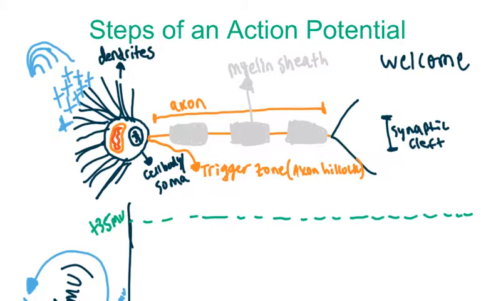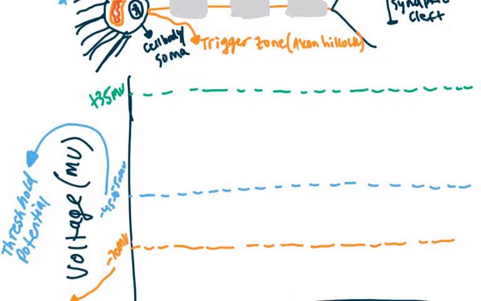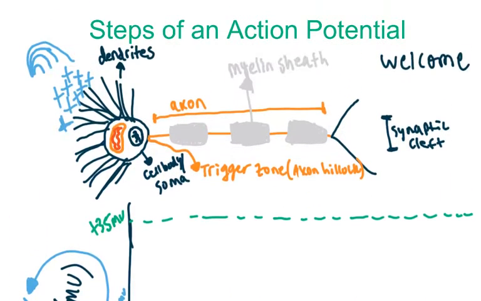Just because some excitatory stimulus comes here doesn't mean our threshold potential is going to be reached, and doesn't mean we're going to fire an action potential. It has to be many positive stimuli, many excitatory stimuli, in order to reach the action potential at a certain threshold potential, right, at about negative